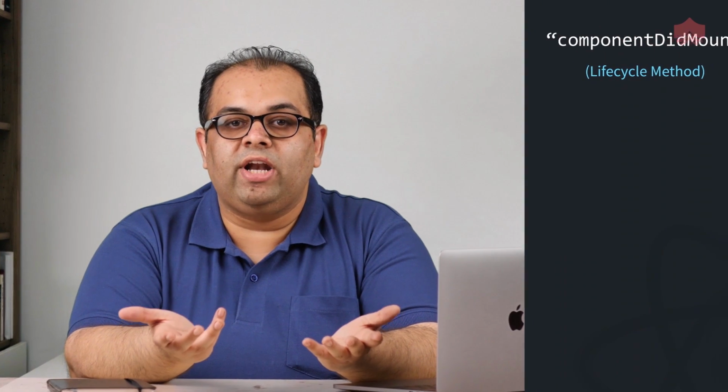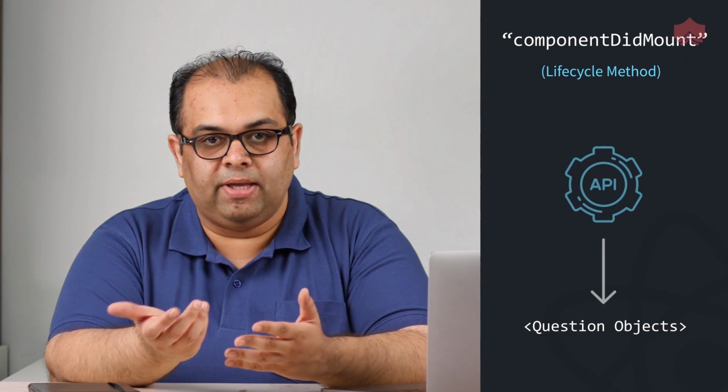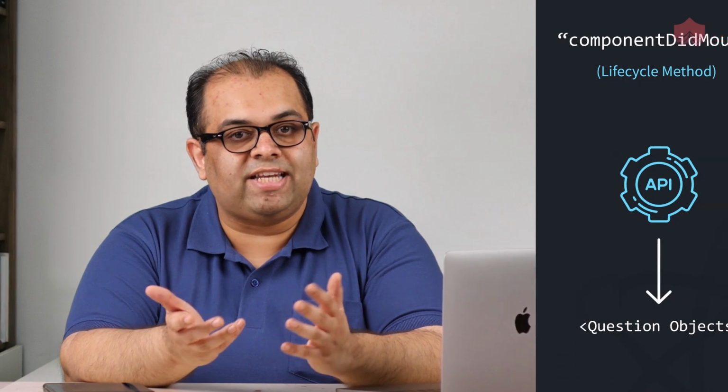We use the componentDidMount lifecycle method to bring in a set of question objects from our API, and we populated a state variable with this data. We then rendered the question text from this data in our JSX template. It is important to note here that any changes made to the question bank array would automatically signal an update, causing the component to re-render with the updated data. For now, we have just rendered a set of H4 tags.